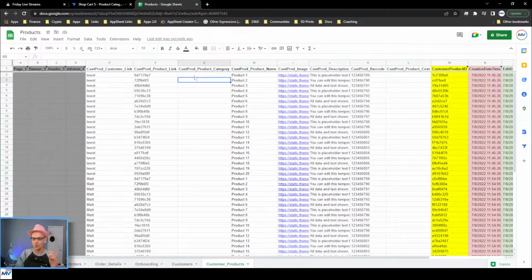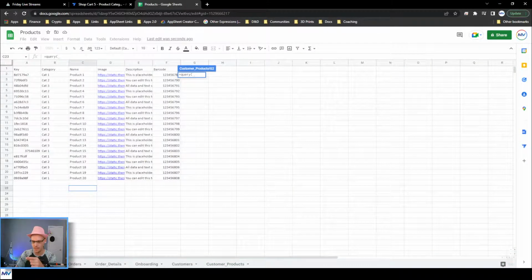There are a couple of ways you could do this. The way I usually go is to just use query, because this is something really powerful for you to figure out. It uses the select language, which is pretty close to AppSheet's, which is really close to SQL Server. So I'm going to query. The first thing I need is, what do I want to query? So I want to query